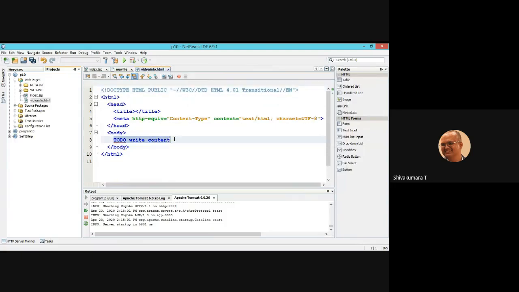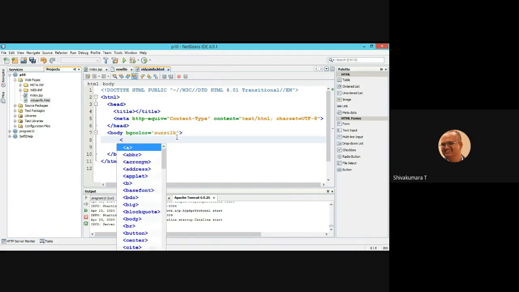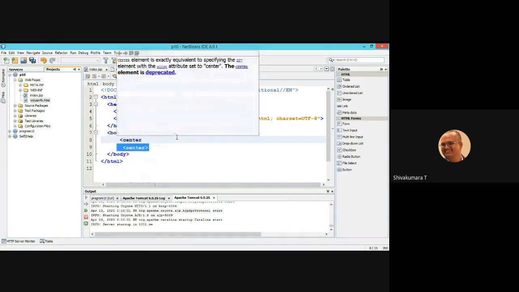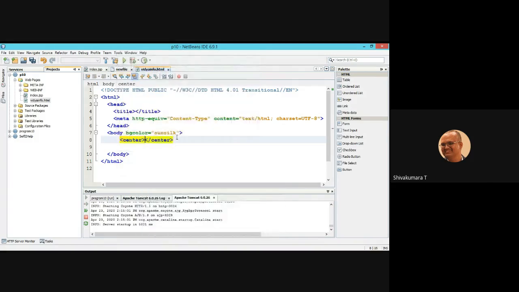Now design your HTML page. I am adding the background color as Sunsilk. I am placing all the controls and content in the center of the page.